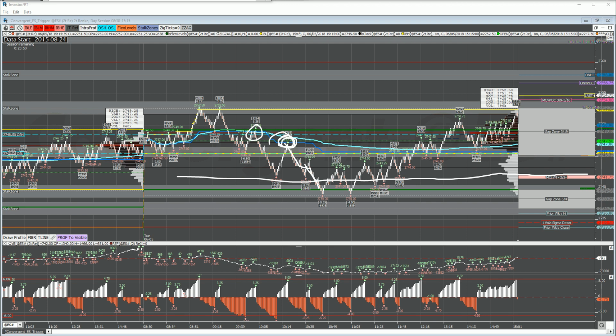It pushed through that 41.75. If you recall, 41.75 was a high. The 41 area was a high many times in the past, so I expected that to provide at least temporary support or a bounce. It ended up pushing through by about 2.5 points, which is pretty significant, before it put in a double bottom through